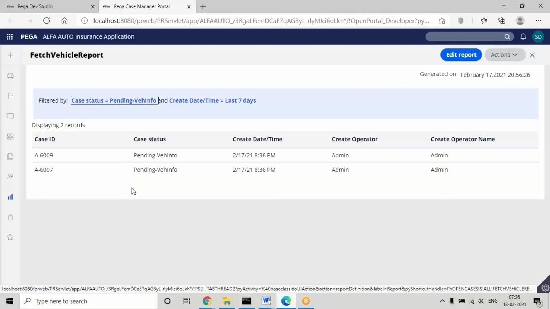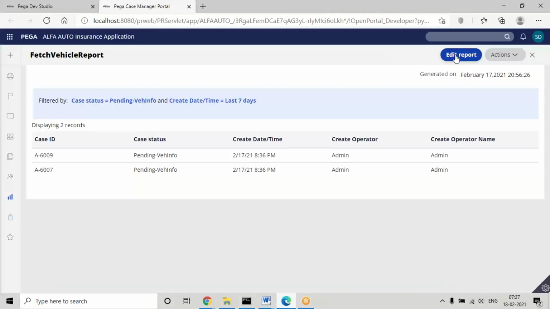For our report, it will show the results. Apart from that, if they want to edit the report, they can edit the filter conditions, but not the column source. They will have an option to edit the report. It is not mandatory or required, just an additional option. Apart from viewing the records for this report, they can also edit the report. Edit the report means only the filter conditions given, they can update in the report browser. Not mandatory again.